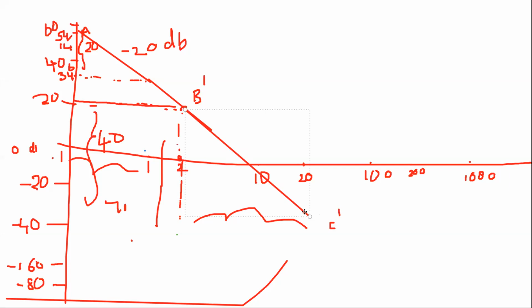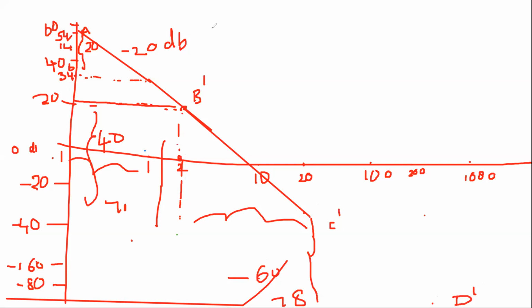This is not enough. And at C dash, what is the magnitude I have to find out? So once I find out the magnitude, then from this magnitude, I have to go down for a minus 60 dB slope. That will happen at 78. So at 78, I'll be having this entire magnitude as minus 60 dB per decade. So 2 decades is 200. So up to 200, I have to go with that value. So this is my D dash. So that magnitude you go down, and horizontal you go to the decade frequency.